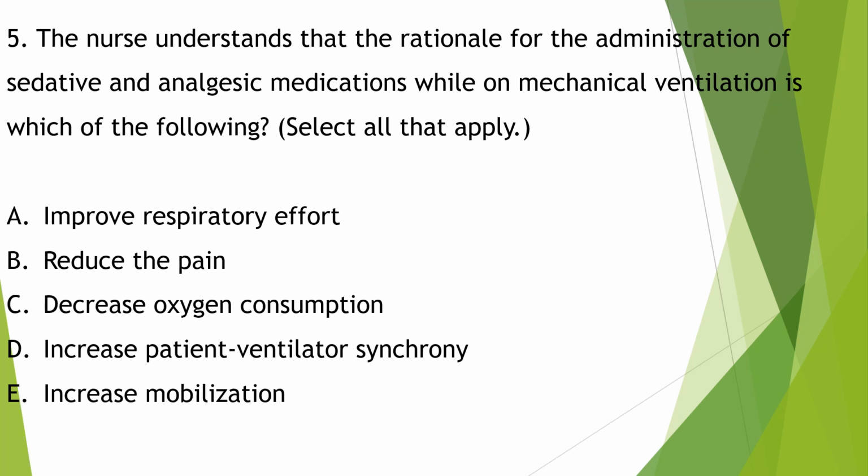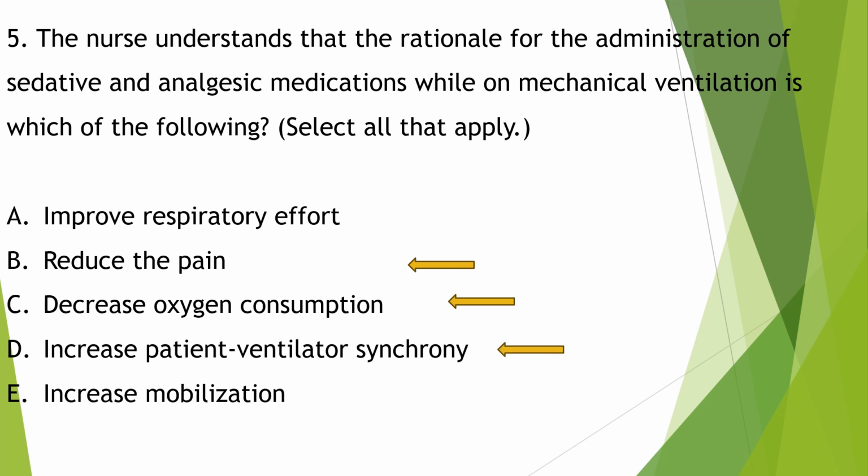So when we are administering the sedatives and analgesic medication when a patient is on mechanical ventilator, it is to comfort the patient, to reduce the pain of the patient, and to decrease the oxygen consumption and improve